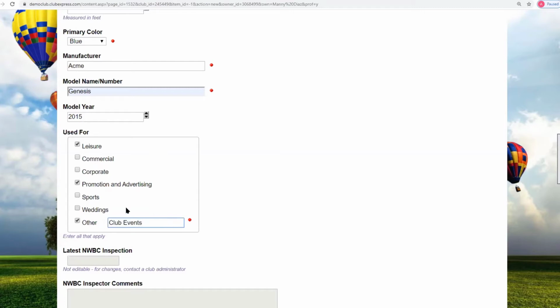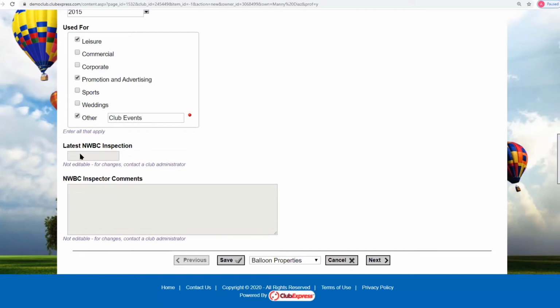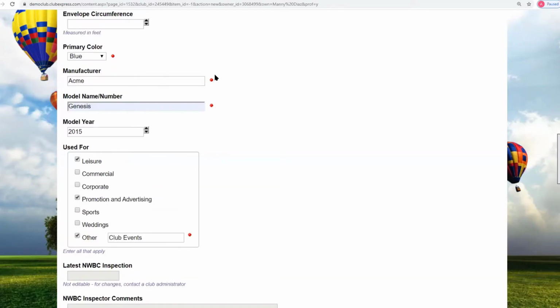And that's because when this thing was configured, there's a field for checkboxes that specifies that you want them to be able to add other. So you don't need to add the word other in there. By checking it, it will surface this field if other is selected. And you'll see that these are grayed out. There's latest Northwest Balloon Club inspection and what the inspector comments are. And if I tried to save it without these required fields being checked, it would not let me get to